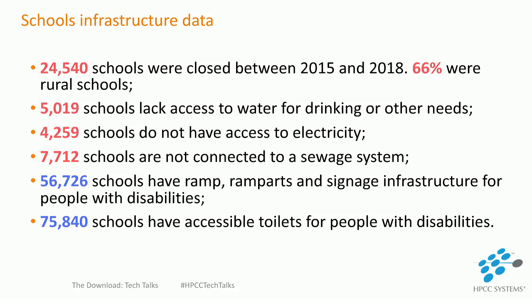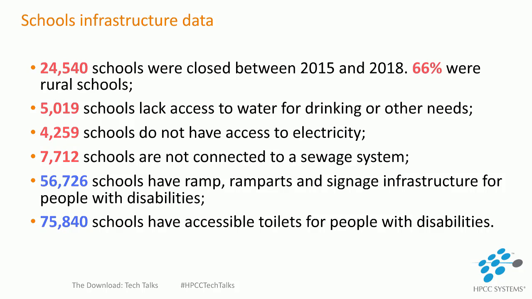72% of schools do not have access to internet for the students or teachers. And one point I have to say is that this research is made on the internet, so the schools have to send the data to the government, and they cannot do this in the school. They have to pass to another person or go directly to the secretariat to send the school data to the government. So we have like 7,000 schools that are not connected to a cellular network,